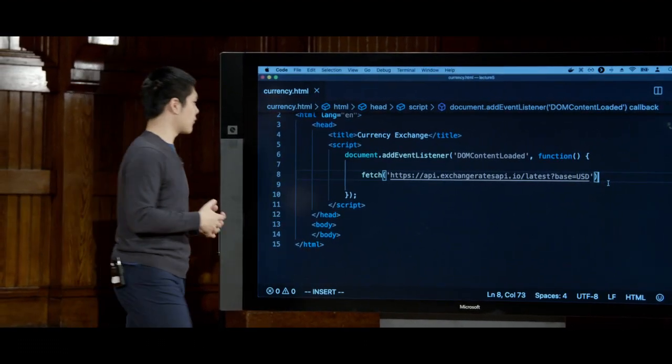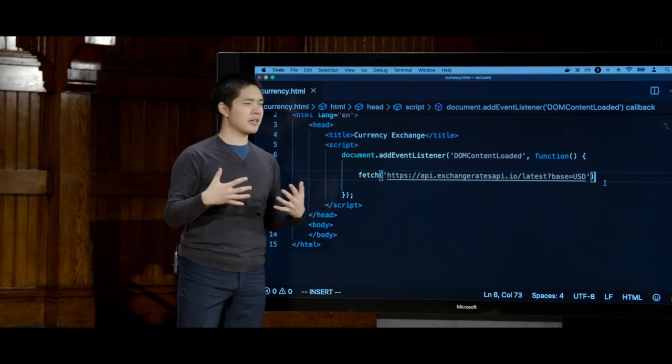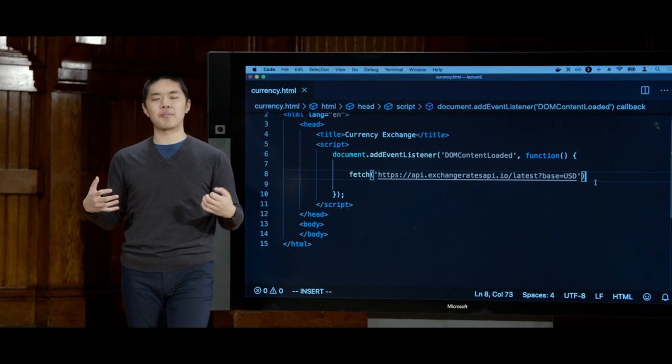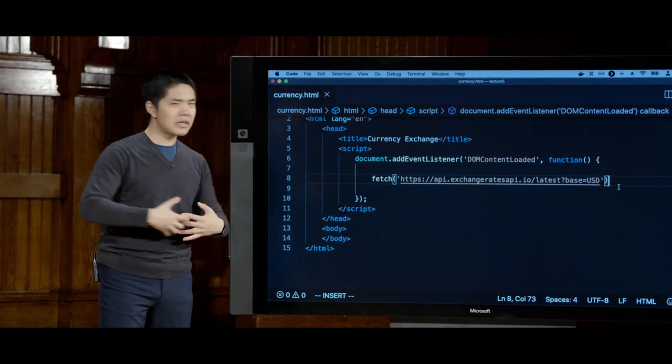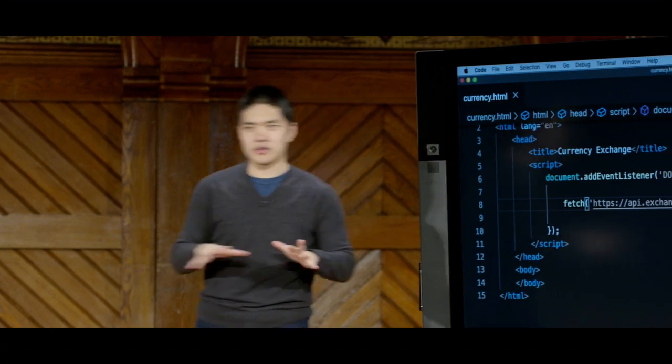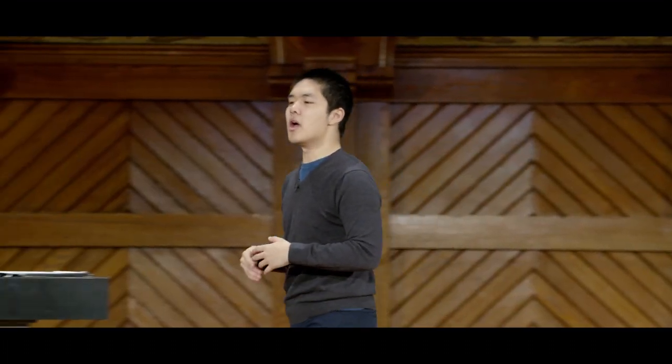and get back what the results are going to be. And what fetch gives back to us is something in JavaScript known as a promise. And a promise is going to be a way of representing the idea that something is going to come back, but it may not come back immediately. We're not going to go into the details of exactly how those promises work,